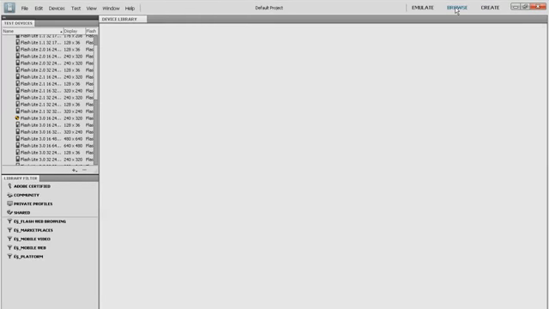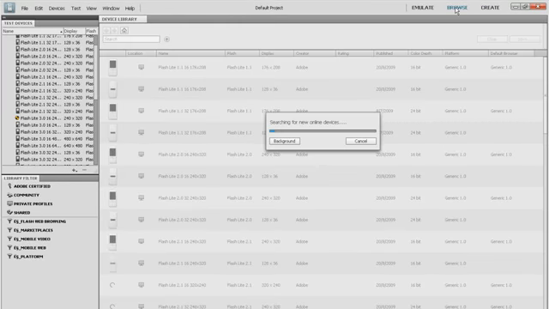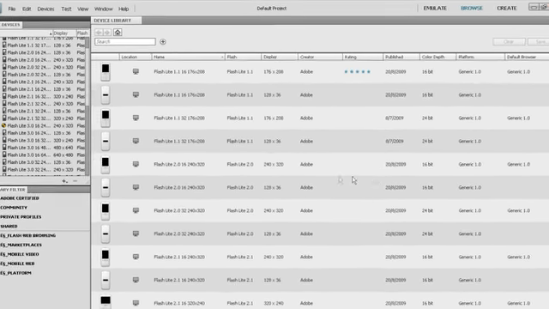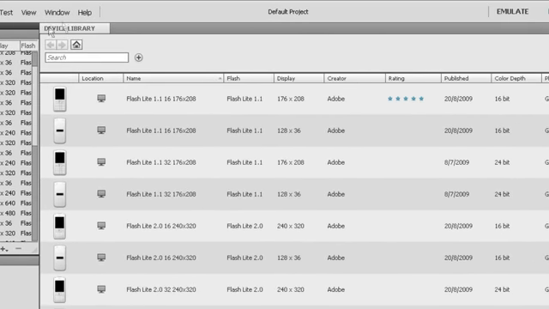So I'll just flick over to the Browse tab, and I'll cancel out of the search for new online devices. That's currently not working in this pre-release version of Device Central CS5 that I've got here today. But here in the Browse view is where we see all of the device profiles that we have available to us. Now, this is all shown in a new Device Library Main View tab, which appears here in the center